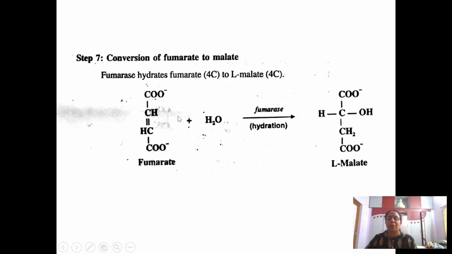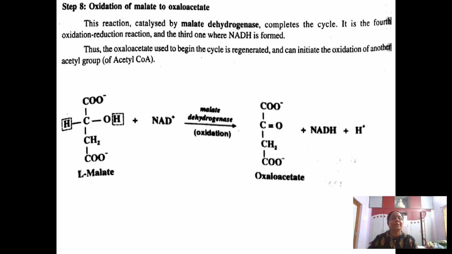Open up this double bond, and add H and OH here. H and then OH, what you get is malate. So, fumarase enzyme hydrates fumarate to L-malate, which is step 7 of the Krupp cycle. Now, in the next step,